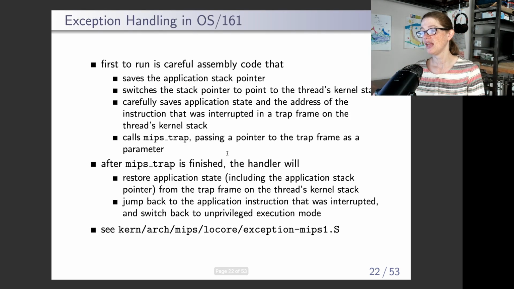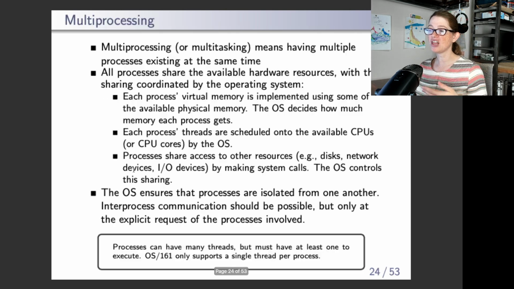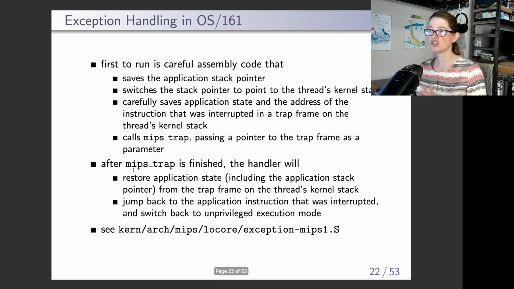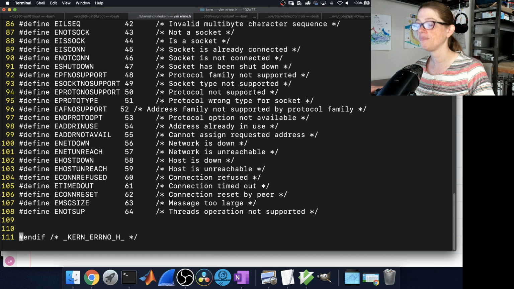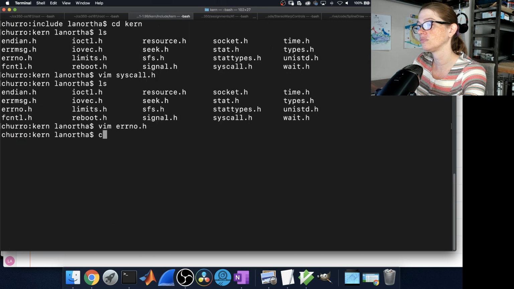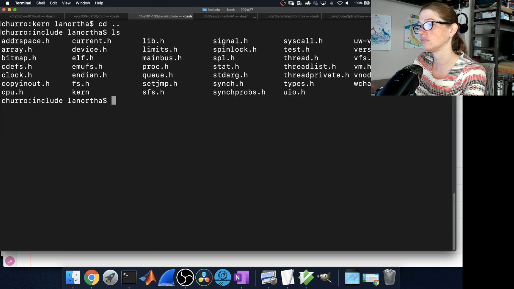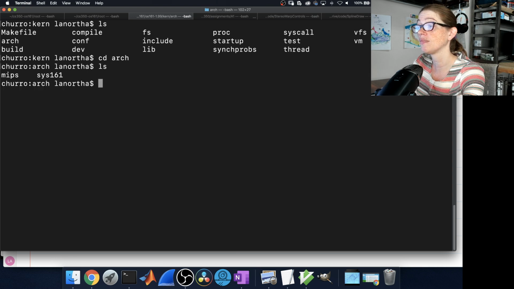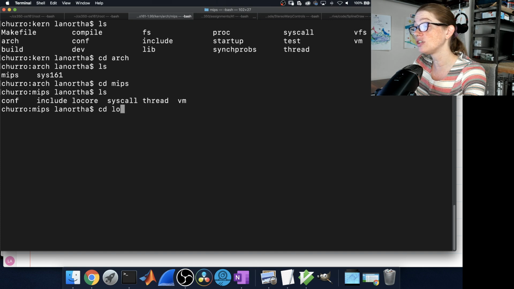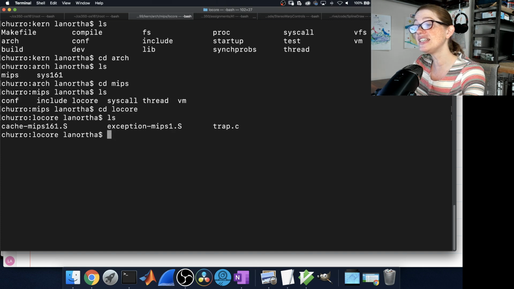All right. So I don't want to go through these next couple slides here, which are walking you through the code. It's just 2 slides, 22 and 23. I actually want to open up the code and show you again where this all goes down. So let's go back over here. We're in the kern directory, so the top level kern, and we're going to go into arch, and then we're going to go into mips, and then we're going to go into locore. And you're going to see some files that end in .S. Anything that ends in a .S, that's an assembly file. So we're actually going to go into